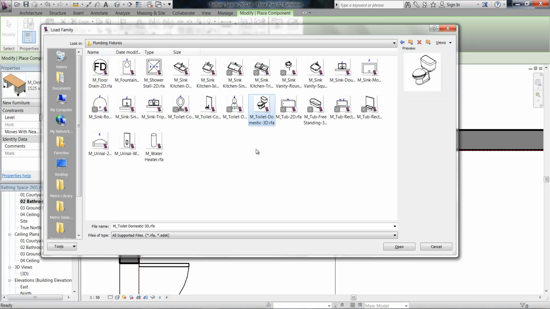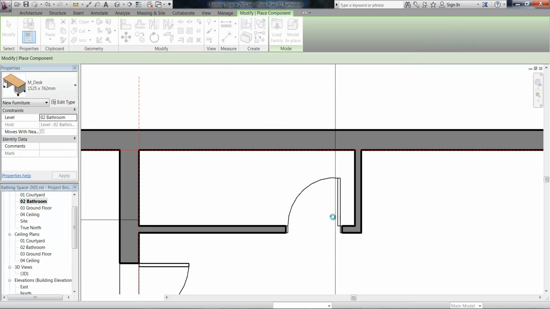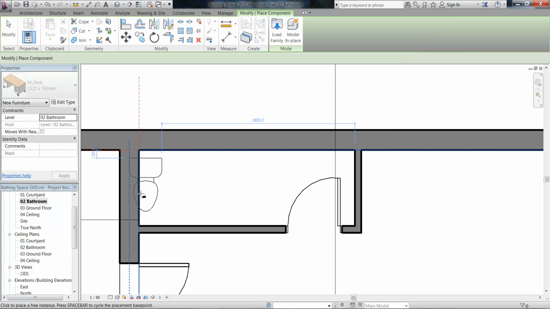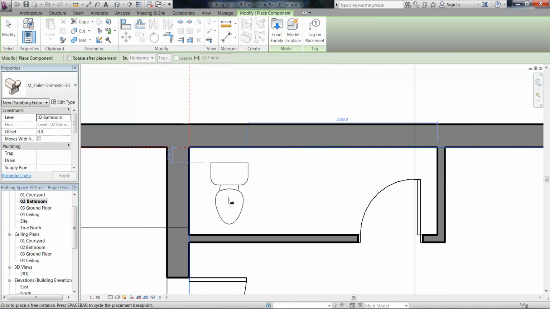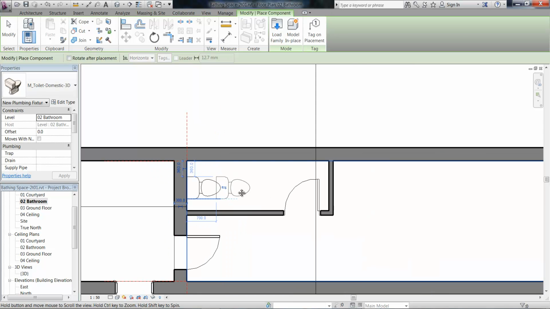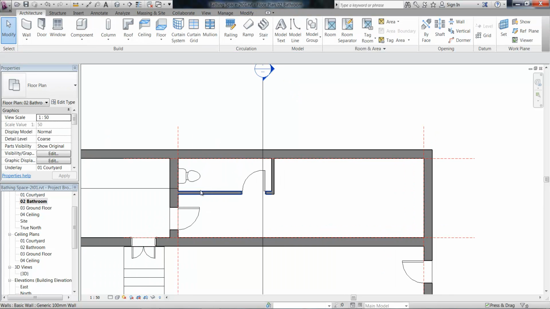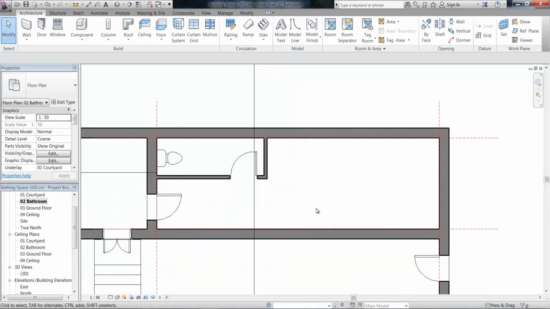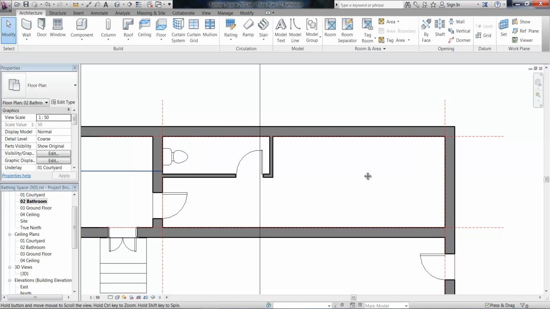So here you can see I've got a toilet domestic 3D. And then the shortcut, as you place families, if you want to rotate them, you can use spacebar. I'm just using space to rotate that and place it. Okay, and then I'm just going to put some doors along this wall here, and then I can look at using model in place. So again, using the door tool,